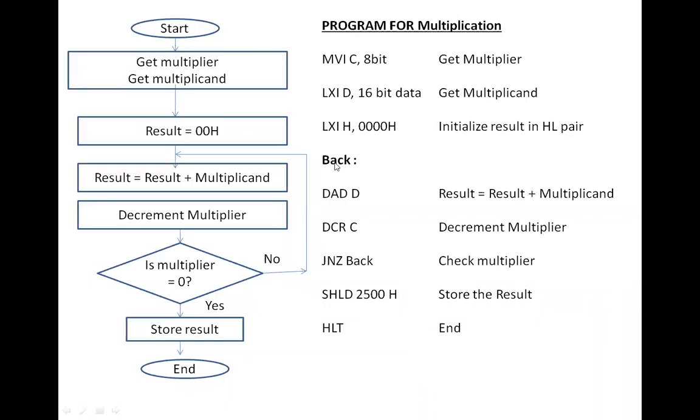Now, as already told you, we don't have any instruction by which we can do the division, similar to the multiplication. And we know that multiplication and division are the counterpart of each other, similar to addition and subtraction. Addition is a kind of operation in which we add. Subtraction is a kind of operation in which we subtract. And the replacement of multiplication is successive addition. Similarly, the replacement of division is successive subtraction.